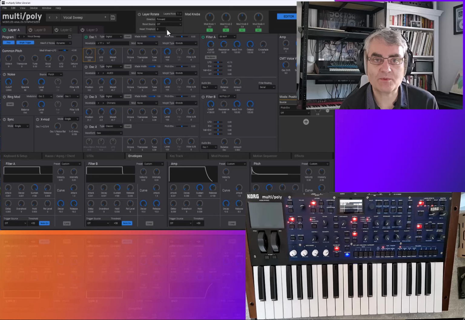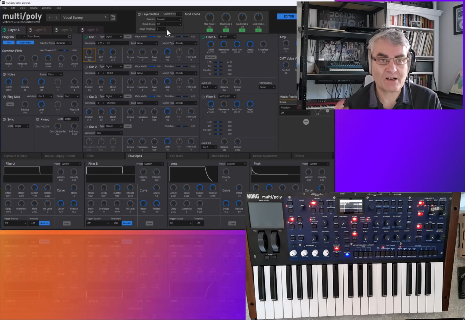So let's look at wavetables on the Multipoly. It's a lot more complex. You can go into it and create some really rich sound and a lot of movement on those sounds. So I recommend diving into it. Look at some of the presets, get some wavetables. The ones that are built in there are all brilliant. You can import your own. I'm going to do a separate video using WaveEdit. I'll remind myself of the process, and we'll have a look at how you can sample your own sounds and then bring them in. I've done it before, so